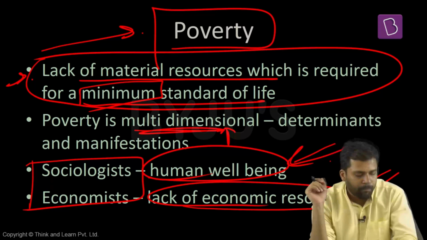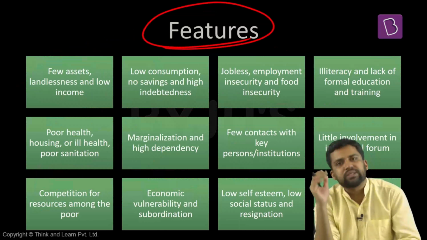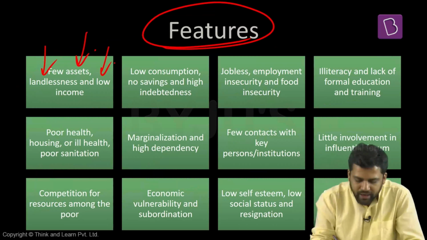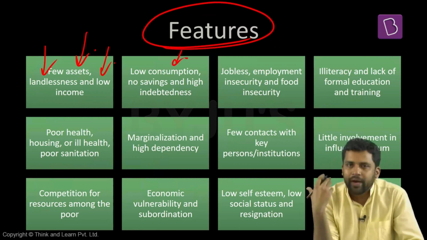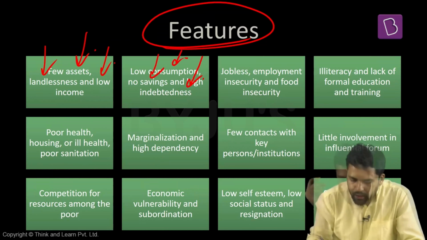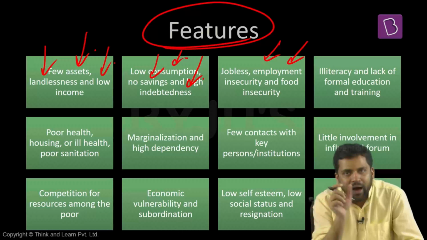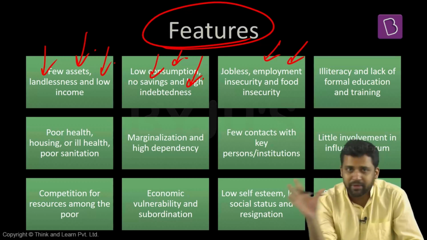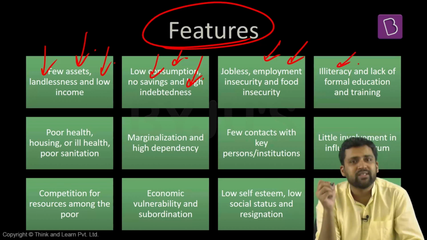For example, poverty can refer to different things. Poverty can refer to lack of assets, assetlessness, landlessness, lack of income. Poverty can refer to low consumption. You do not have money to consume. It can refer to low savings. You do not have money, how will you save money? It can refer to high indebtedness. It can refer to joblessness. It can refer to underemployment as well. It can refer to livelihood insecurity. You have a job at present, but you don't know tomorrow whether you will have a job or not. It refers to illiteracy, lack of education, formal